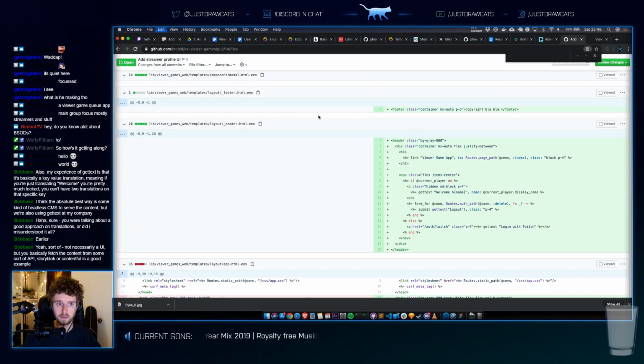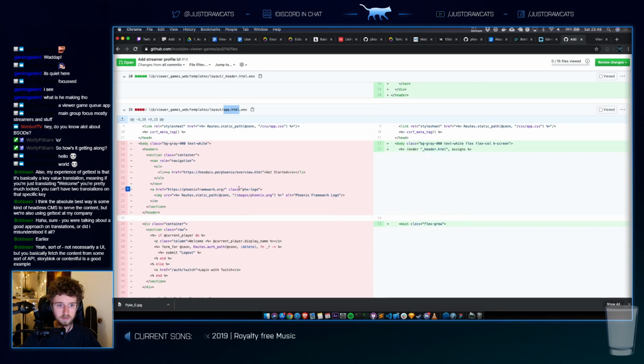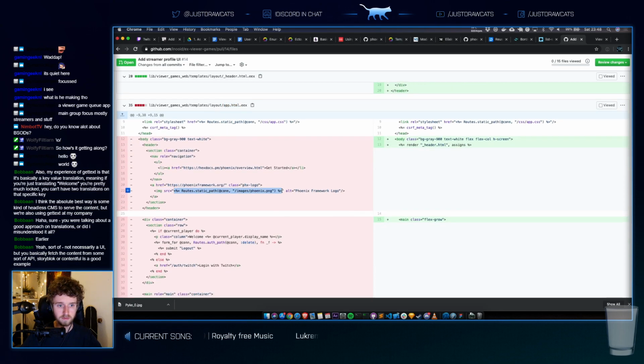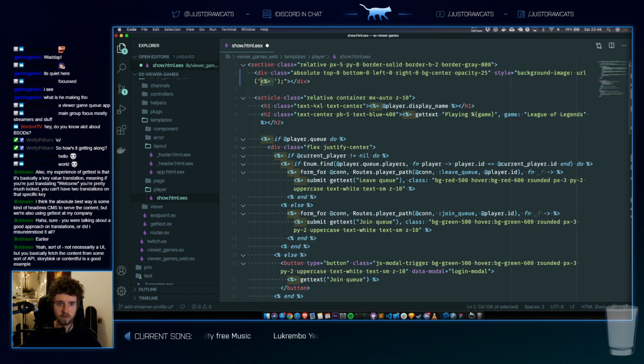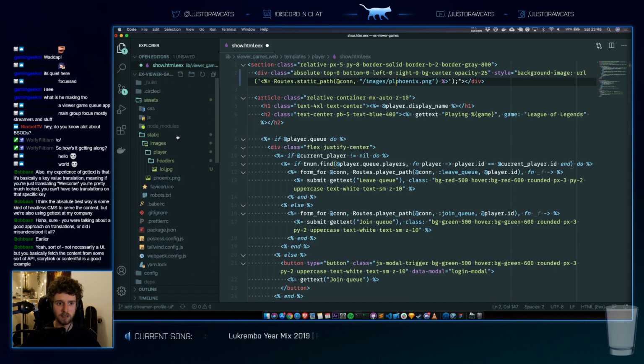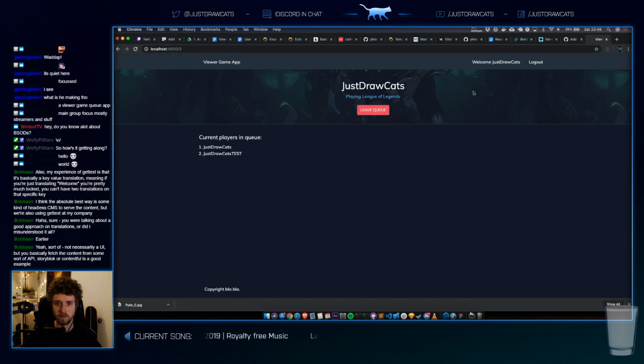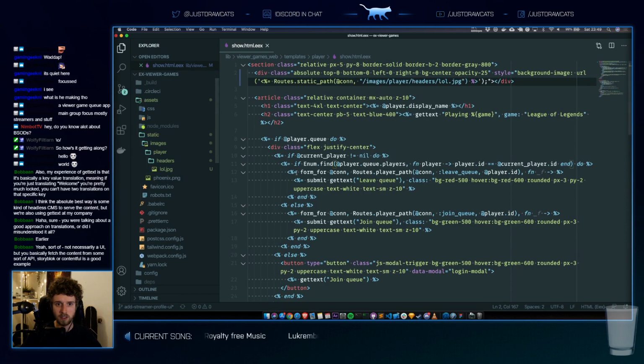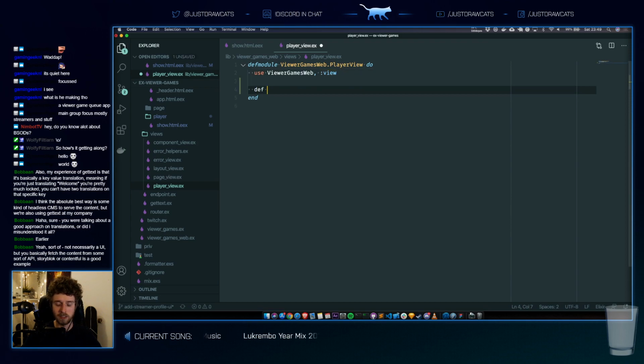Yeah, let me take a look at app.html again. Oh, here. Images / player / headers / league.jpg. Let's actually move this to the viewer, player view. Def get header image for the game.